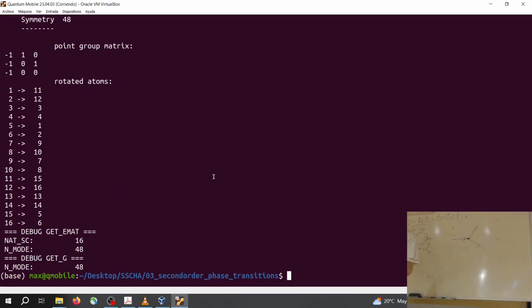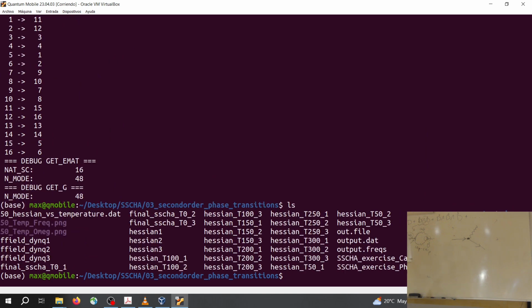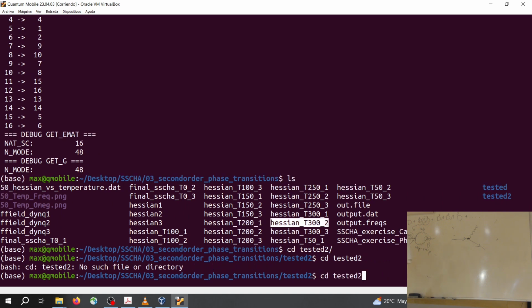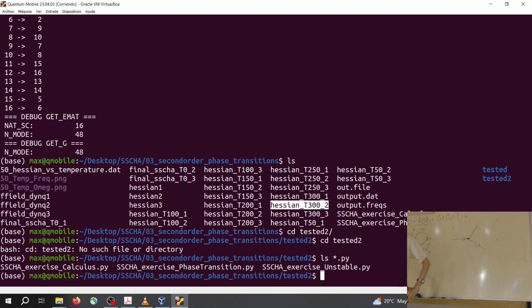So it's finished here. We should have here the Hessian for different temperatures, from 50 to 300 here. And with this, we can plot. You should also have here, no? To plot,